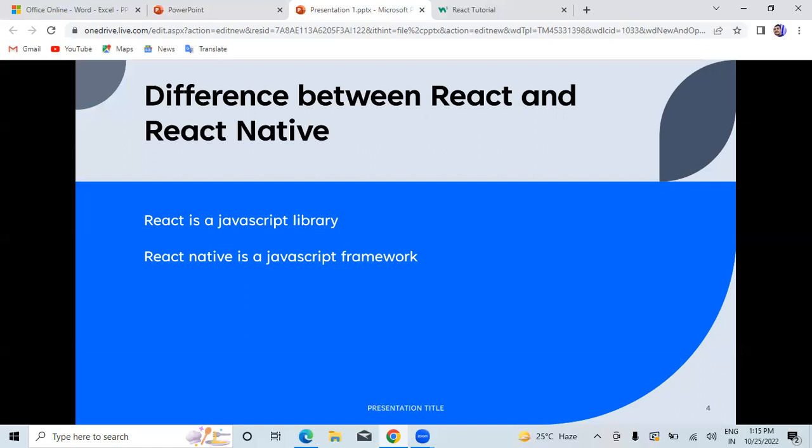Now, see, a library is just a part of framework, isn't it? So React Native is a JavaScript framework. Whenever I talk about framework, you know what happens? If I have to give you a realistic example of how a JavaScript framework works, I mean what the framework actually is,